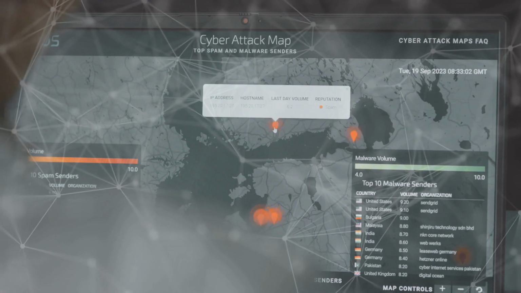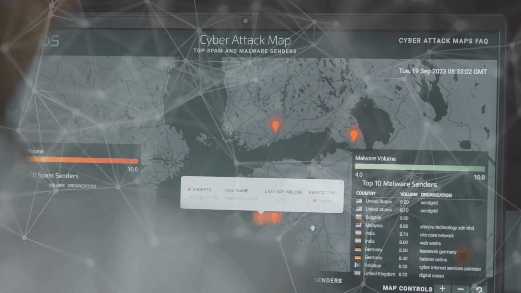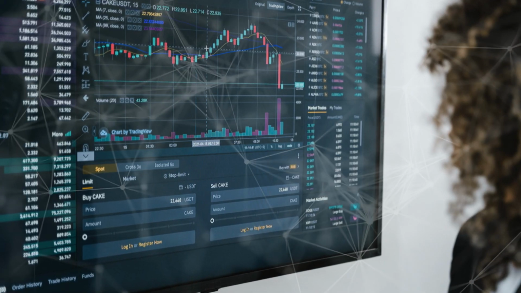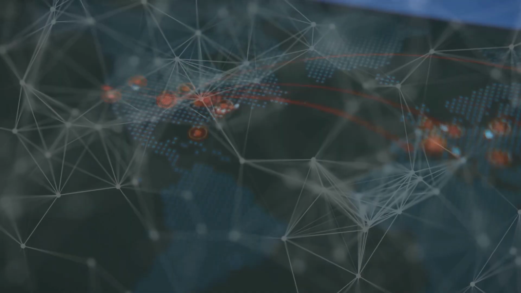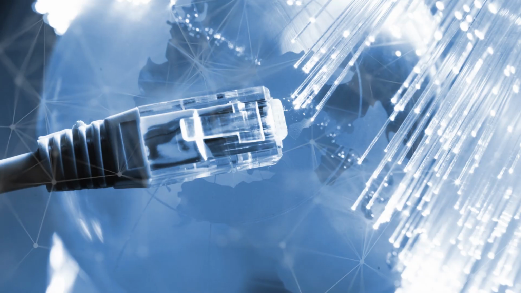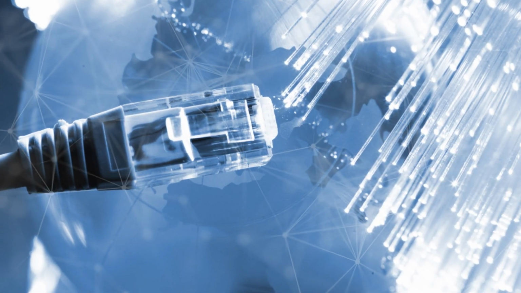Zero-day attacks can have global repercussions, disrupting critical infrastructure, impacting geopolitical relations, and causing widespread economic damage. The interconnected nature of our digital world means that a single vulnerability can have far-reaching consequences, transcending geographical boundaries and impacting organizations and individuals alike.